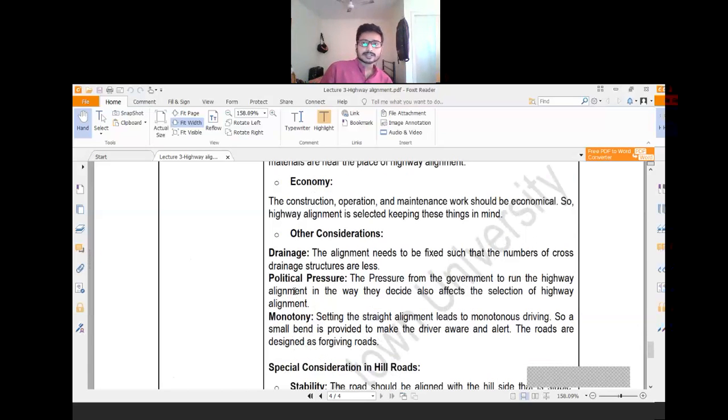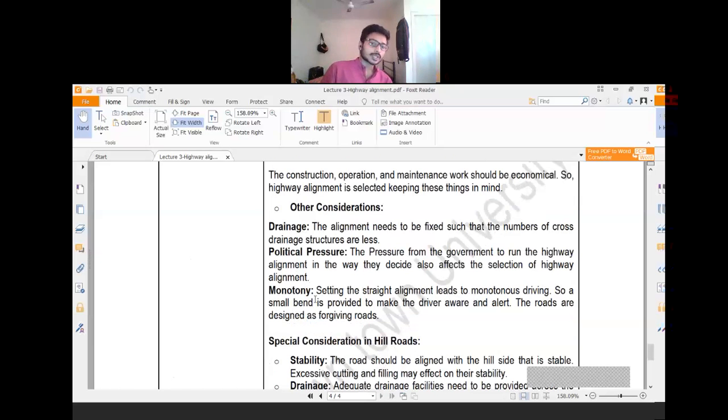Then political pressure. So sometimes what happens, as we have discussed, the construction of the road is associated with societal development and the increase in land value. So suppose a new project planning has been done, that a new road will be constructed over that area. So in that case, there may be some political pressure. If you are the engineer of that road development planning, you may feel some pressure to deviate the alignment so that it can pass through some land of important political figures or other persons with some powers. Okay,